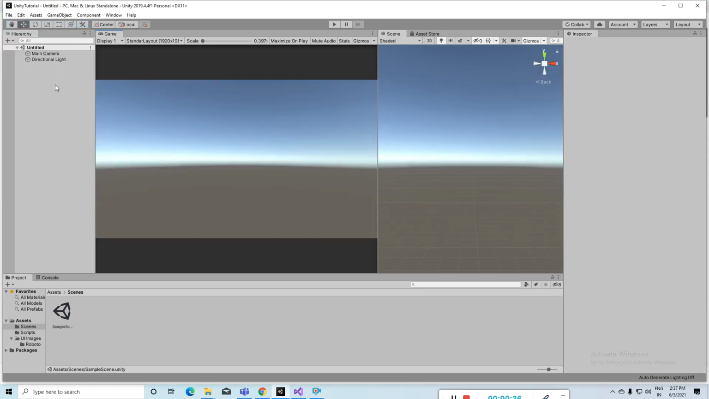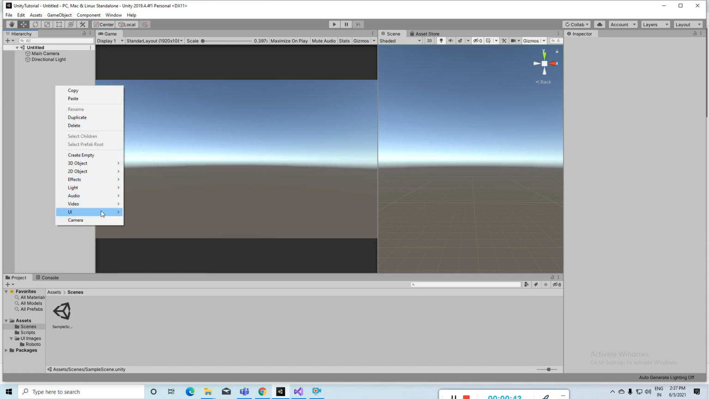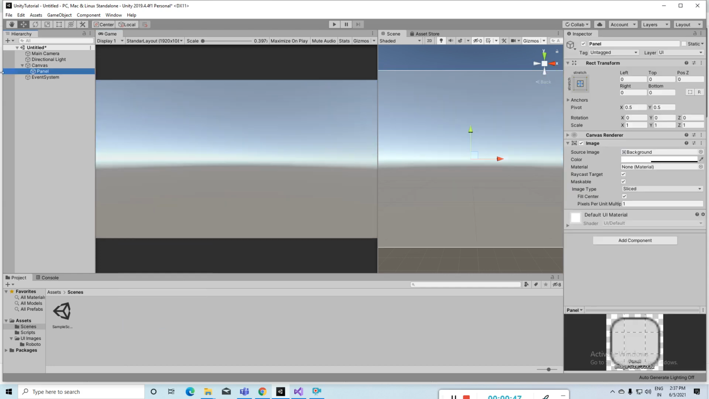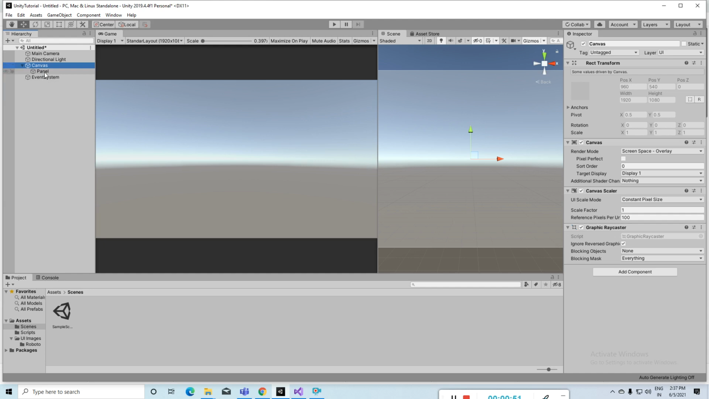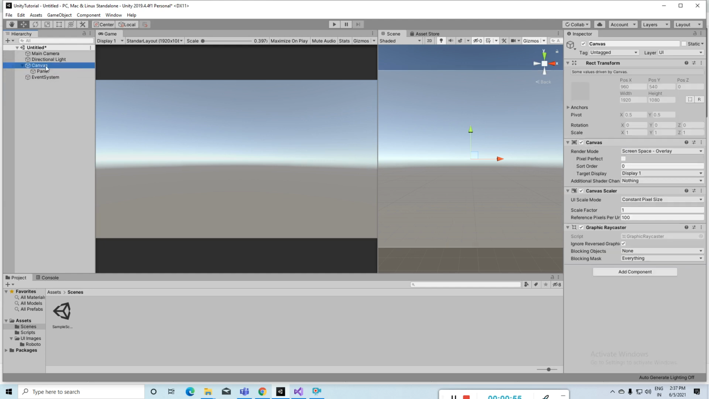Okay, so first of all I have to create one panel. When I'm creating a panel, go to the Unity UI section and then select the panel. When you select the panel, by default a canvas will be generated, and inside the canvas there is a panel. Okay, first of all, when you are creating UI for your game or your application, you have to